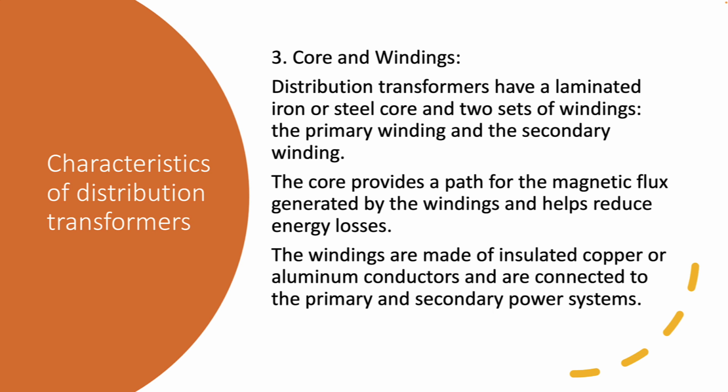Core and windings. Distribution transformers have a laminated iron or steel core and two sets of windings, the primary winding and the secondary winding. The core provides a path for the magnetic flux generated by the windings and helps reduce energy losses. The windings are made of insulated copper or aluminum conductors and are connected to the primary and secondary